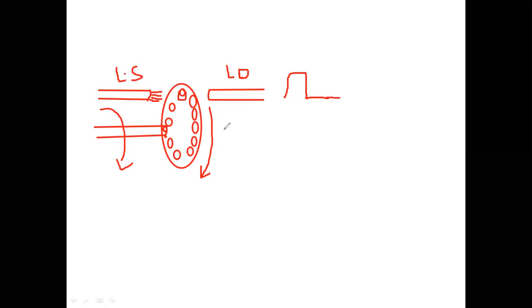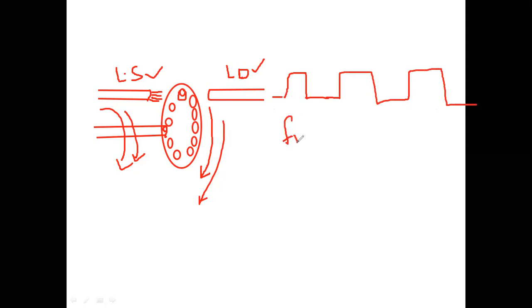And again, as the shaft is rotating, the disc also rotates, so that the space goes away and again a hole comes in between the light source and light detector. So again I will get high voltage. So low voltage, high voltage, low voltage, high voltage, likewise I will get. And now the frequency of pulses gives me the value of speed.